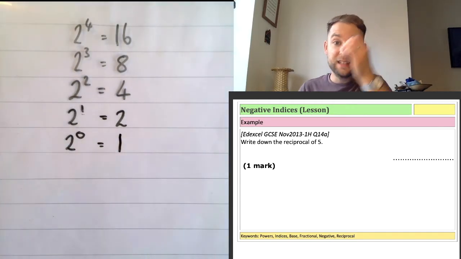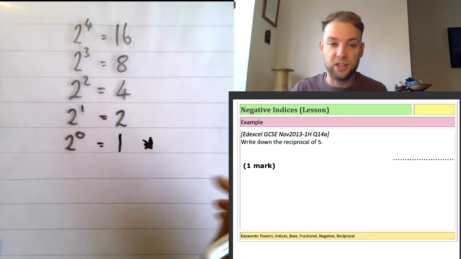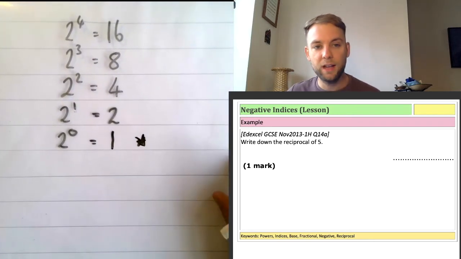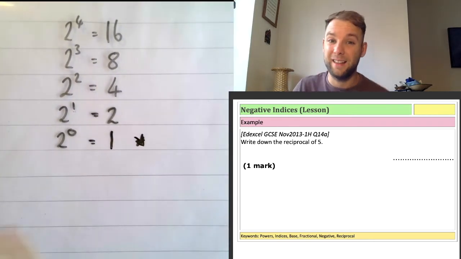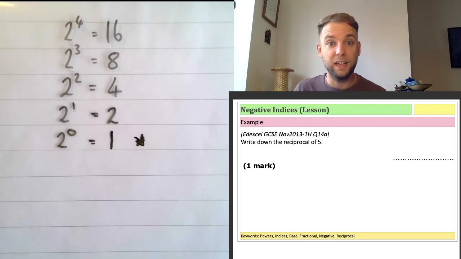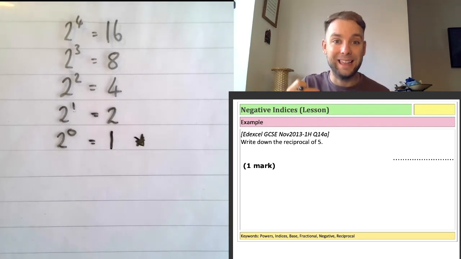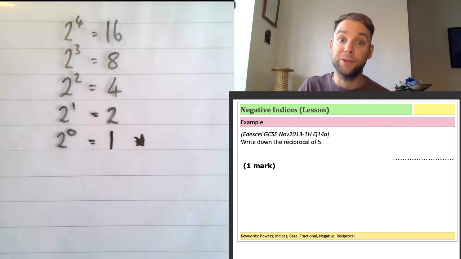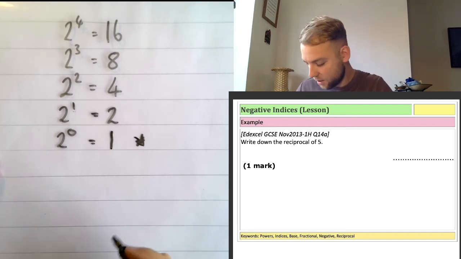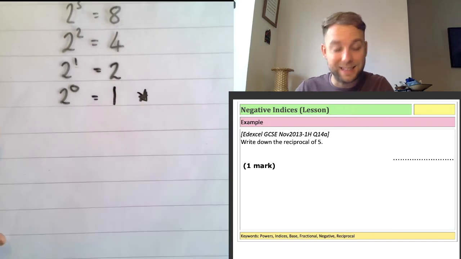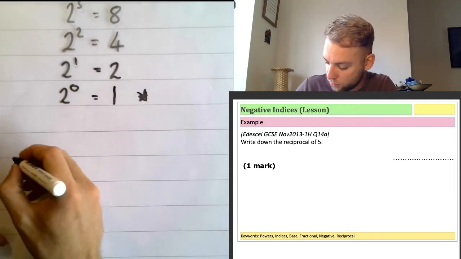Now this is an important law. We haven't actually come across this yet. This is really important. Now this works for anything. You can do this with powers of 3, you can do it with powers of 8, you can do it with powers of a, but anything to the power of 0 is equal to 1. So this is our first law that I want to talk about. We do want to get this down. So the first law is that